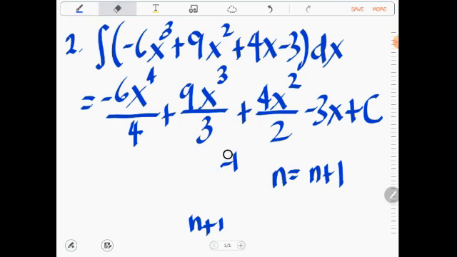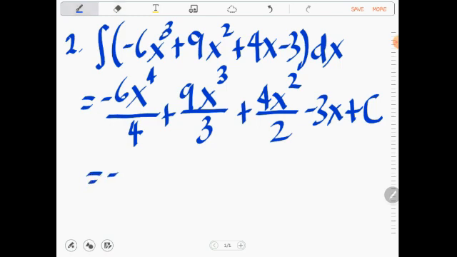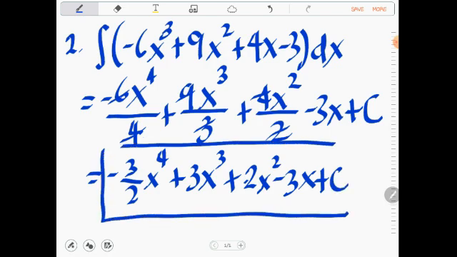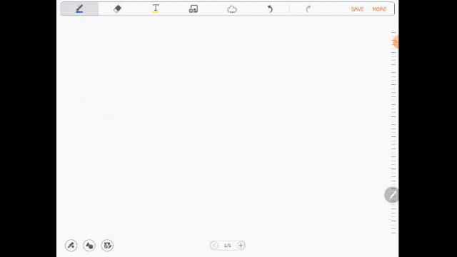Okay? So, simplifying further this equation, this will give us a negative 3 halves x raised to 4 plus 3x cubed plus 2x squared minus 3x plus the arbitrary constant na c. Okay? So, ito yung sagot sa ating number 2. Okay, next. For number 3,